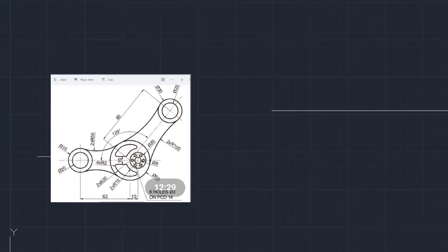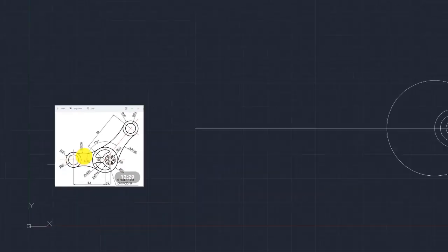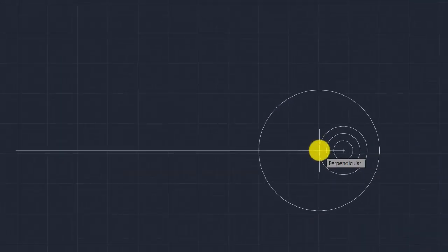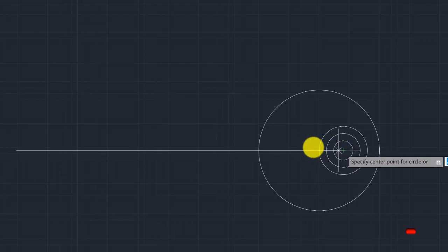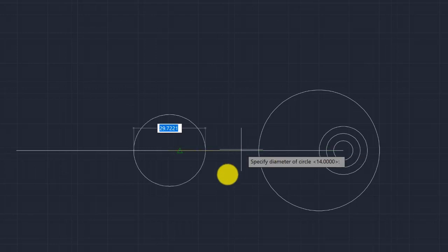The next thing is to draw the smaller circle at the very end here. Then with that, we specify a distance of 62 away from the center of the bigger circle. So I take my circle, I snap here, then I specify a distance of 62 plus 10 because I'm taking it from the other circle. So 72. I press enter,